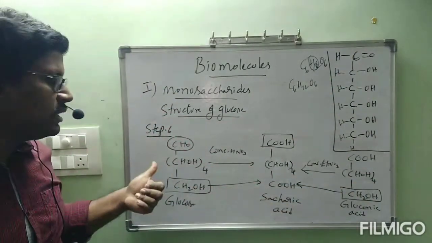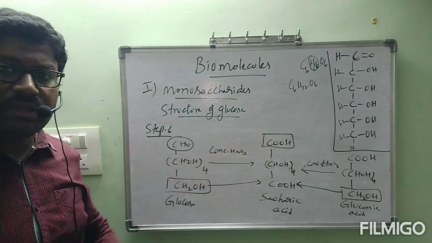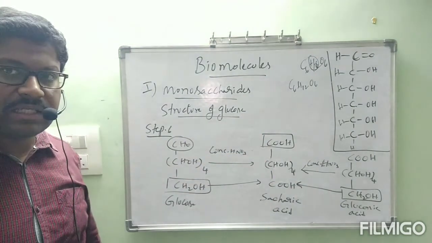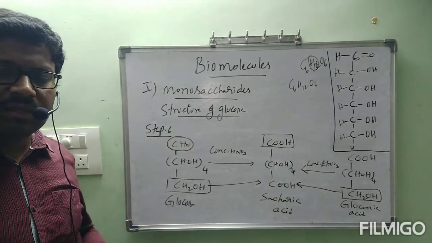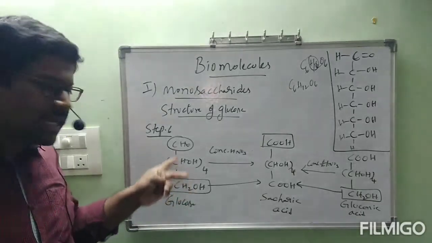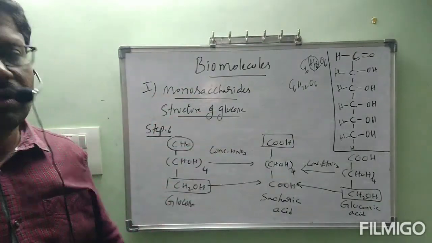Finally, step 6, reaction with a strong oxidizing agent. We got saccharic acid without changing the number of carbon atoms. It is possible only with the presence of a primary alcohol group. So we confirmed the aldehyde, next secondary alcohols and a primary alcohol. In this way, we obtain the structure of glucose.